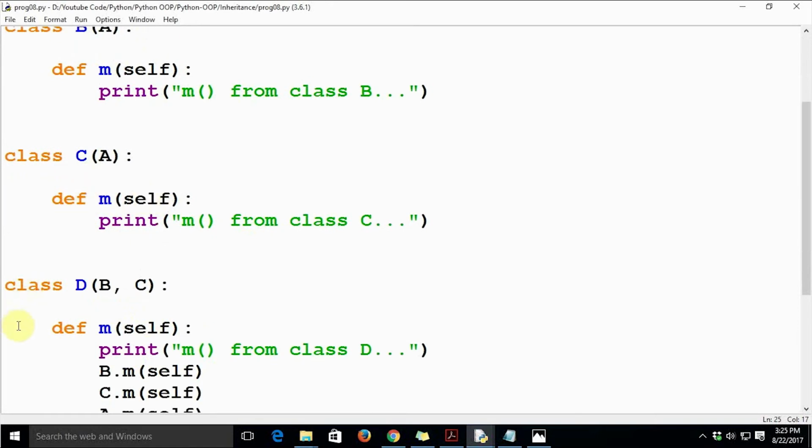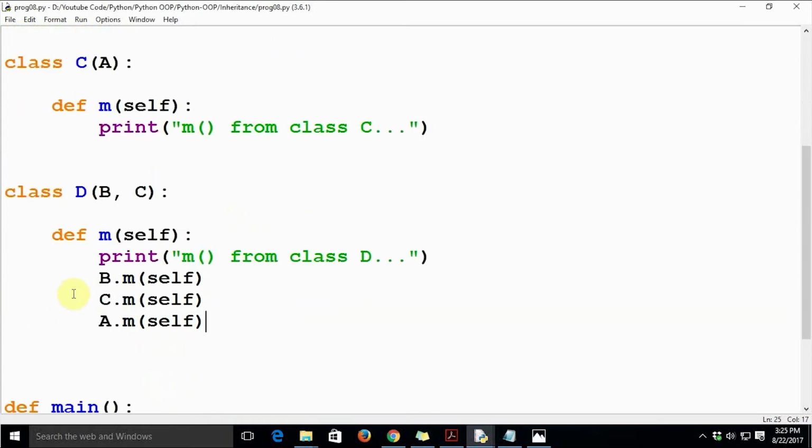When we are overriding a method and want to include the functionality written in the same method of the parent class, we call the method from the parent class using the parent class dot method name syntax. So now let's try to run this code.